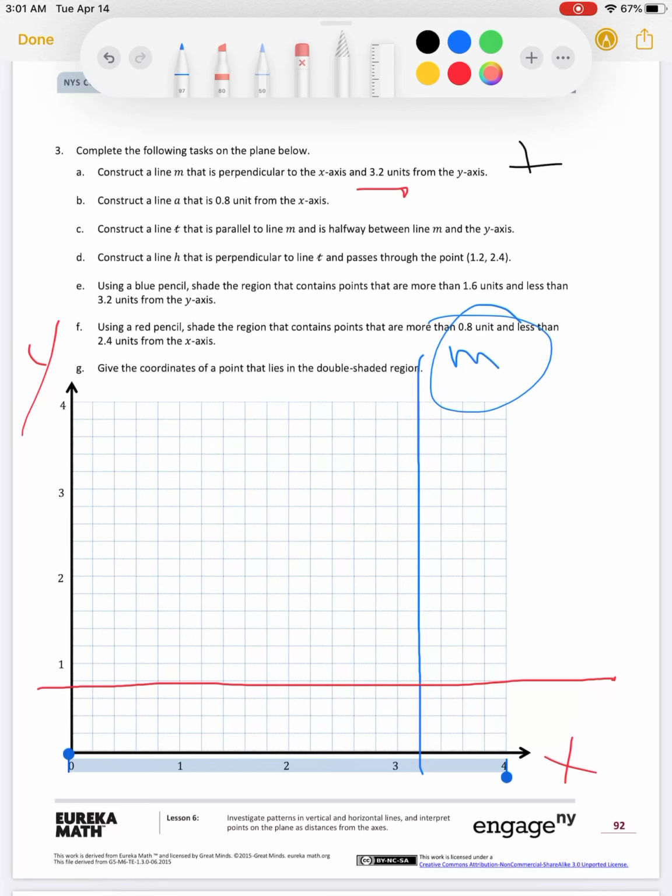So we have to construct, we're on C, we have to construct a line T that is parallel to line M and is halfway between line M and the y-axis. So we have all the space to work with, okay? They want a line that's parallel to M. Here's our line segment M. We need a line that's parallel to that, parallel, but halfway between the y-axis